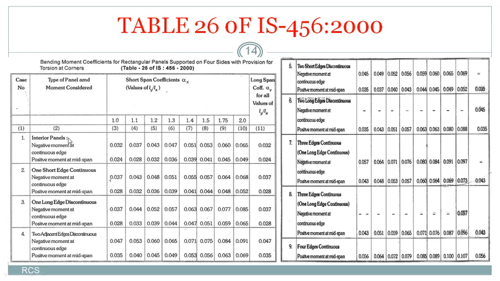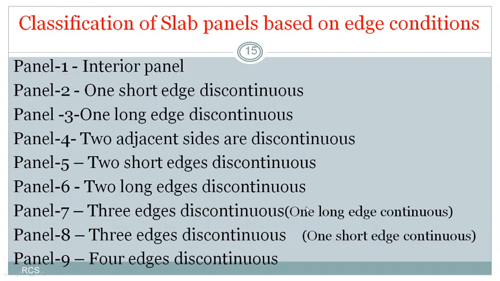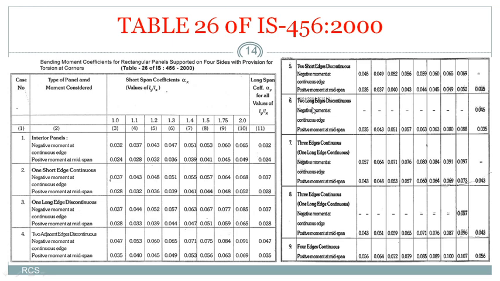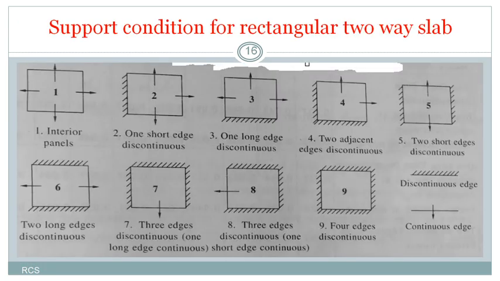Right? If you see the interior panel, negative moment at the continuous edges and positive moment at the midspan. What do you mean by this? And if you see, for some of the cases we don't have negative moments and we have only positive moment. Those are case number 6 and case number 8, and in case number 9 we only have positive moments at the midspan. Now how do we arrive at those positive and negative moments in the slab? Those things we'll see by using some examples here.